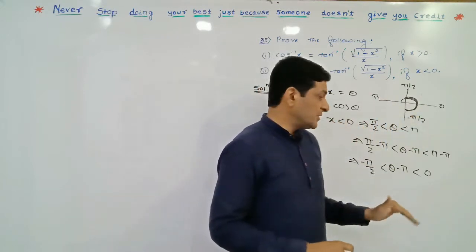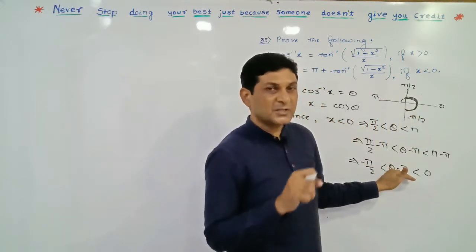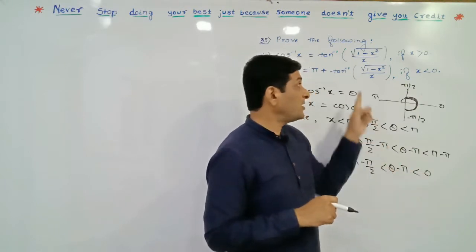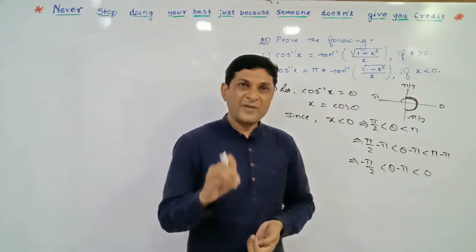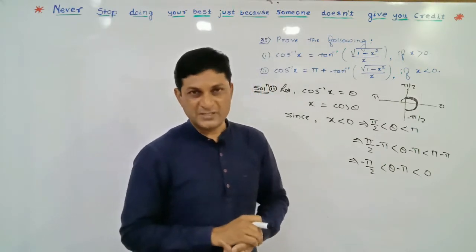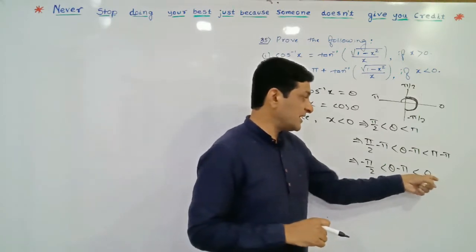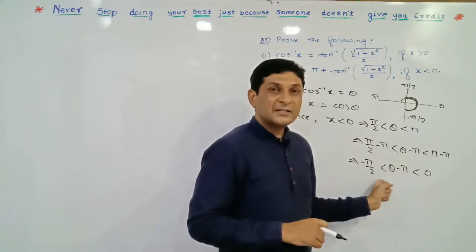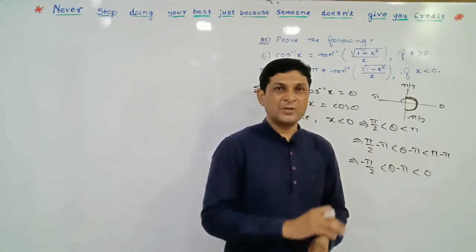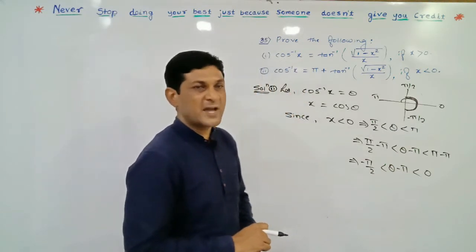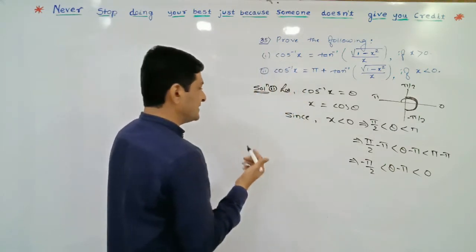Fourth quadrant. So if we are able to get such a value of tan inverse, then we are able to conclude that it can be considered as principal value, because it lies in the range of tan inverse in the fourth quadrant. So that's why we are able to consider it as principal value. Now we are considering the right hand side.